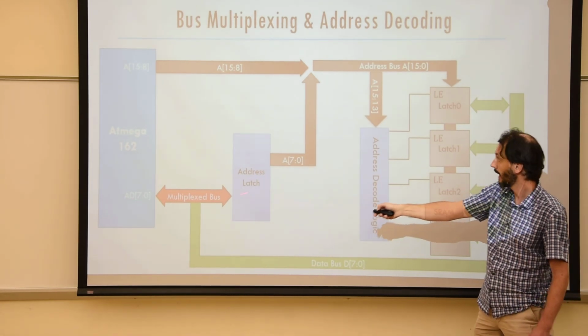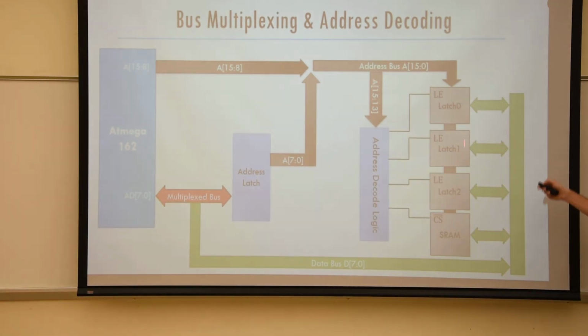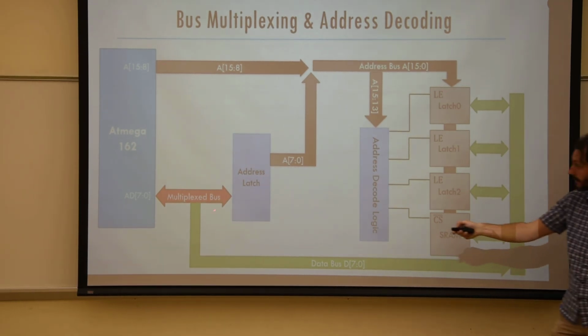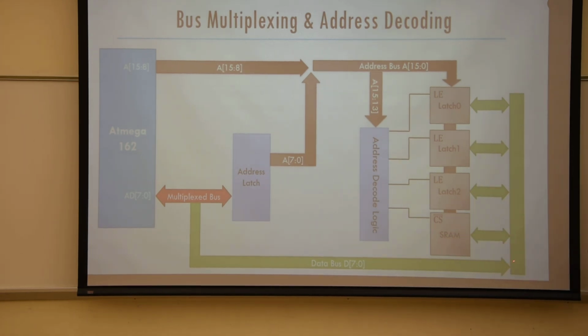So once I have now addressed the exact location in this memory, or if I was interested in one of those latches, which latch, then I can send the data over the data bus, which is multiplexed with the addresses, and it can then feed into the latch that I'm interested in, changing the on-off configuration of the 8 LEDs that correspond to this particular one, or the 8 LEDs over here, or the 8 LEDs over there, or